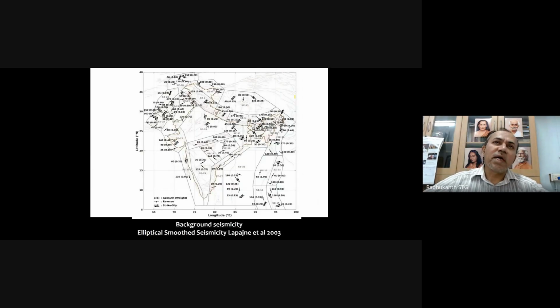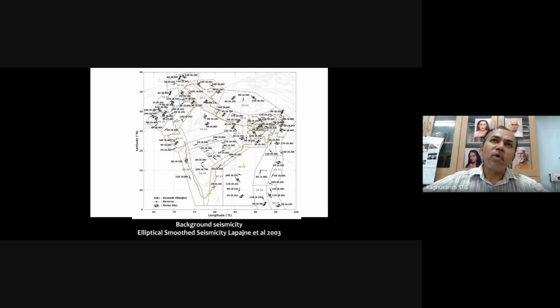Now coming to the hazard calculations, there are several methods. One method, which I did in the old NDMA reports in 2008, was that we decided to go by faults, treating the faults as linear and then calculating the hazard analysis. But internationally, because there are many regions where faults are not reported properly, people use circular smoothing, which is based just on the earthquake catalog itself, to compute the hazard values. Then recently one approach came, which is called elliptical smoothing, which combines faults as well as the catalog to find out these lambda values.